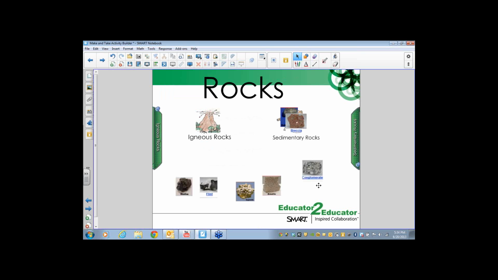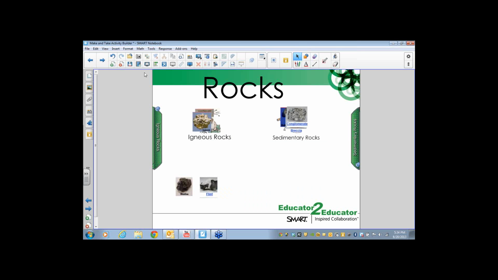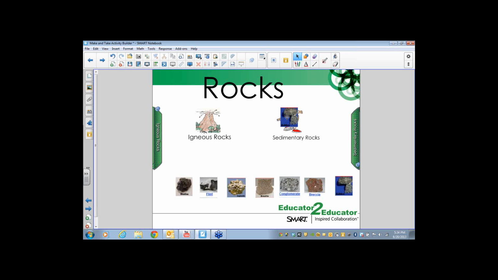Can you click on the gear over on the right and show people? Let's see if it's going to reset it. It's jumping the wrong way. Now it's jumping back. I'm not quite sure why it's doing that. Okay. I do use that, and that's a quick way to reset your page so that multiple students can be part of the assessment. Now it's like cloning, I don't know what's going on.